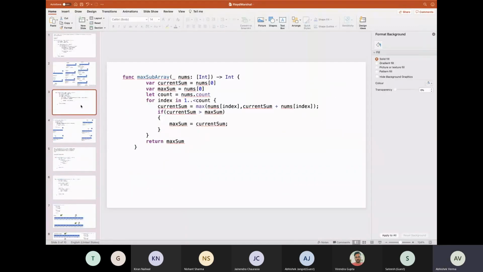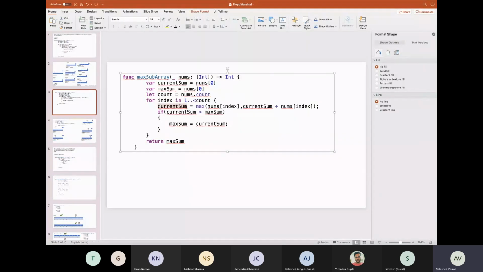What it says is that we do things the same way as we did previously, but we will keep computing based on window size. We will compute our current sum based on window size and not on two for loops.